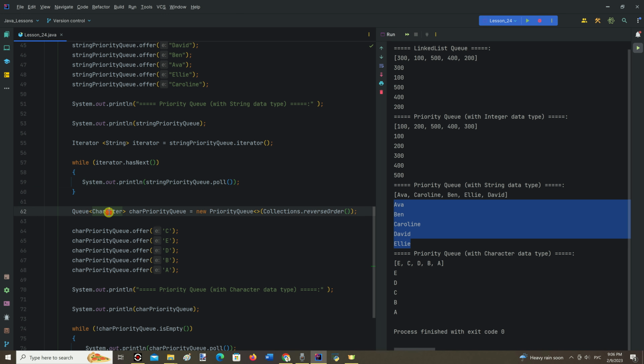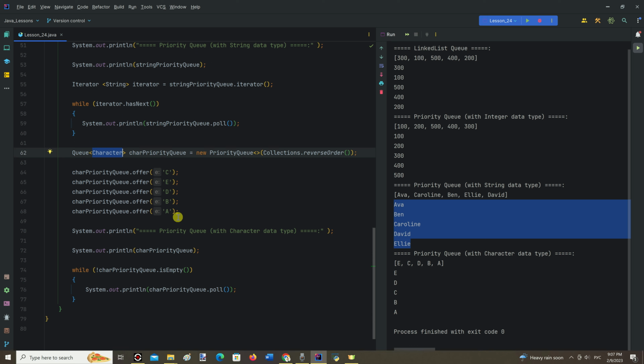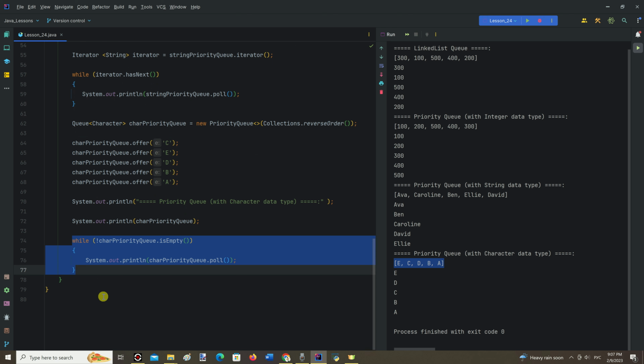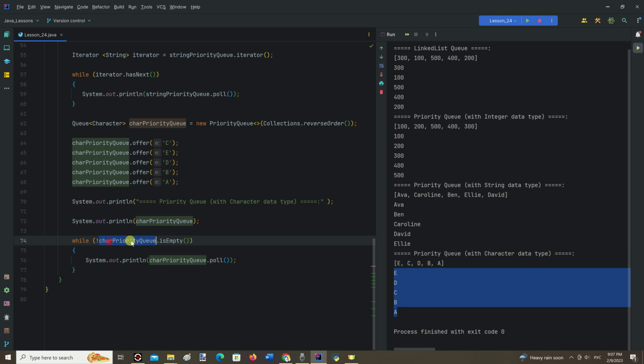And finally, a character priority queue here is, for example, where the println method displays that no order is preserved in priority queue. But we can use a while loop as the most convenient way to iterate the collection. Inside the condition we indicate the logical operator not plus the name of the collection and dot and the method named isEmpty. It provides iteration over the whole collection until the collection is empty. And the method poll again polls and removes each element from the top of the collection and displays it.